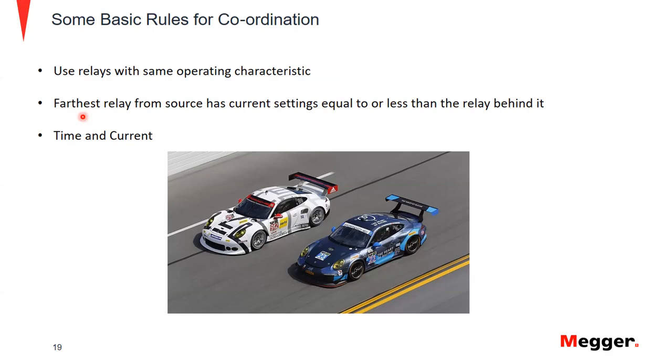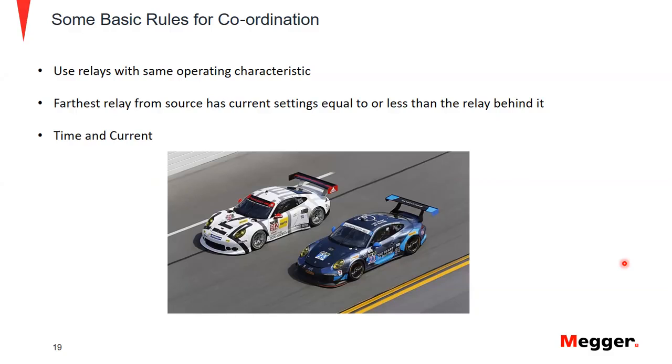So if we're looking at the farthest relay from the source, we want to make sure that the current settings are equal to or less than the relay behind it. And what this means is, if you have a relay that's at the end of the radial feeder that we're talking about, and the current setting is more than the relay closer to the generating source, then you can guess which relay will operate first, right? So the relay behind the one with the higher setting will actually operate before the one that